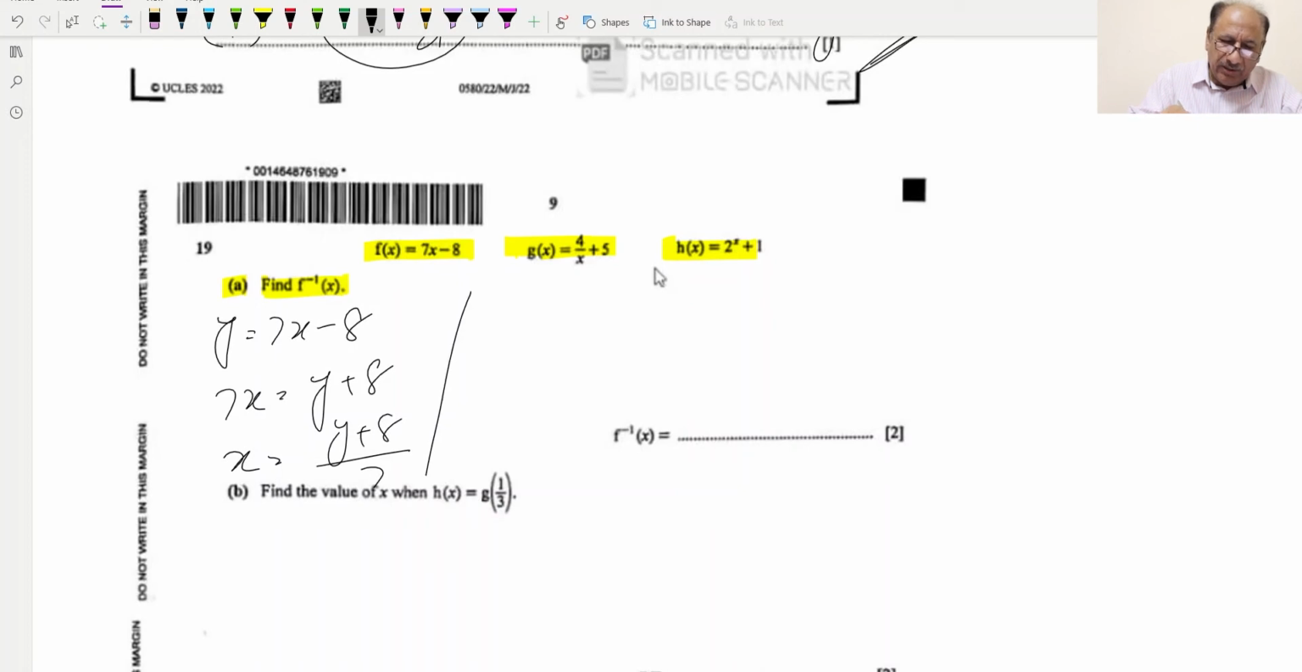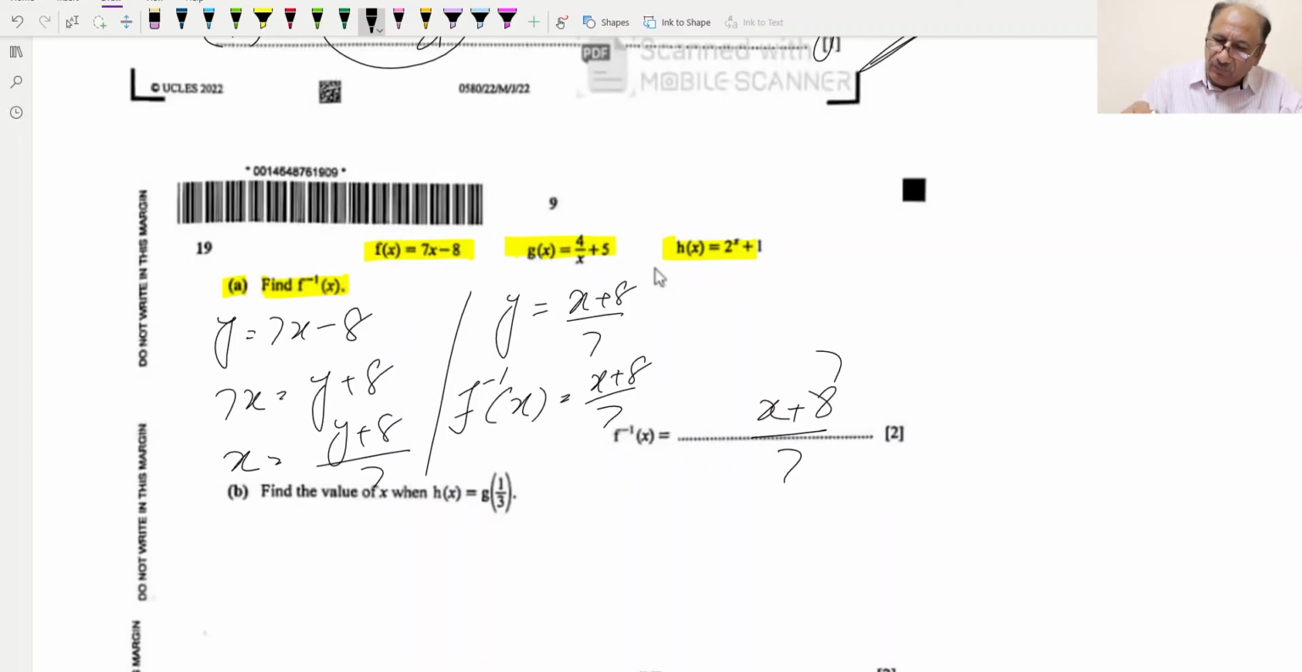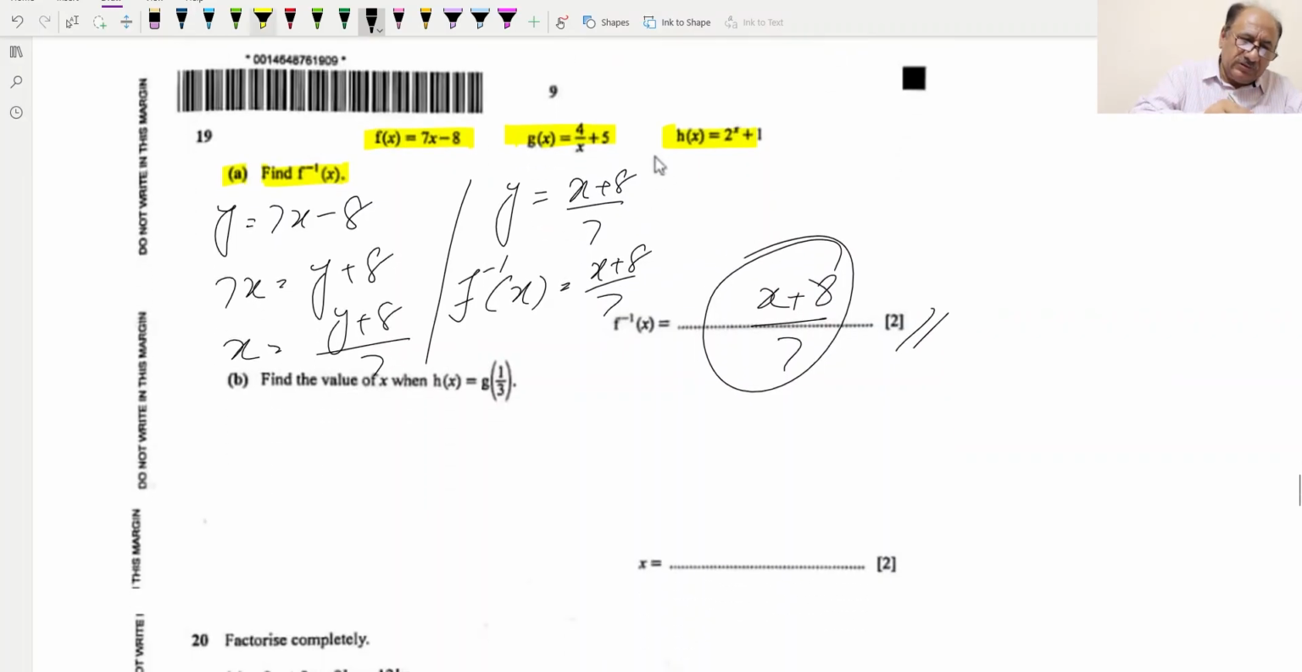So now we can swap x and y. So y is equal to x plus 8 over 7. So we can write f inverse of x is equal to x plus 8 over 7. So x plus 8 over 7 will be the final answer for this 2-mark question. Hopefully you understood this. Now the second part, B part, says: